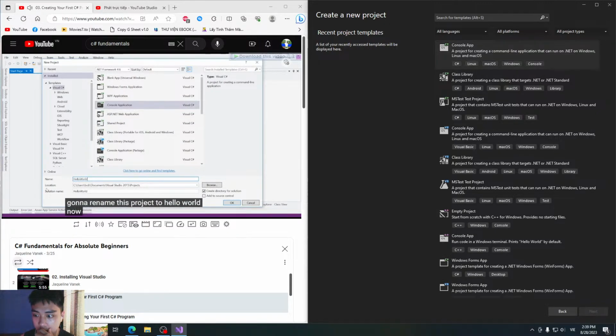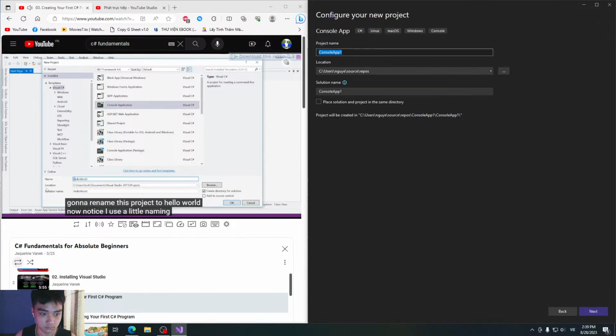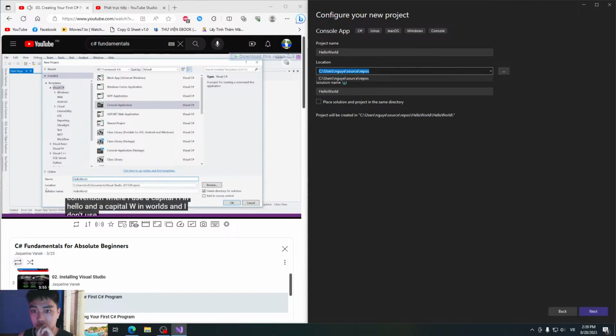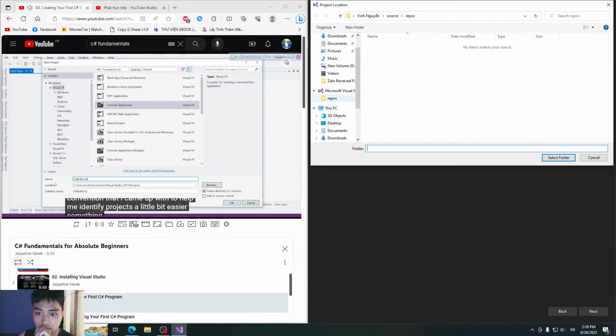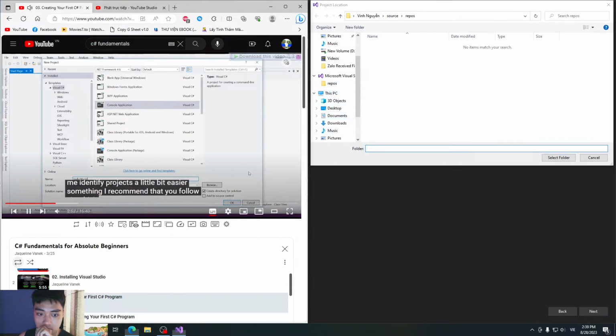Hello World. Now notice I used a little naming convention where I use a capital H in Hello and a capital W in World, and I don't use a space in between the two words. Now that's just a naming convention that I came up with to help me identify projects a little bit easier, something I recommend that you follow.